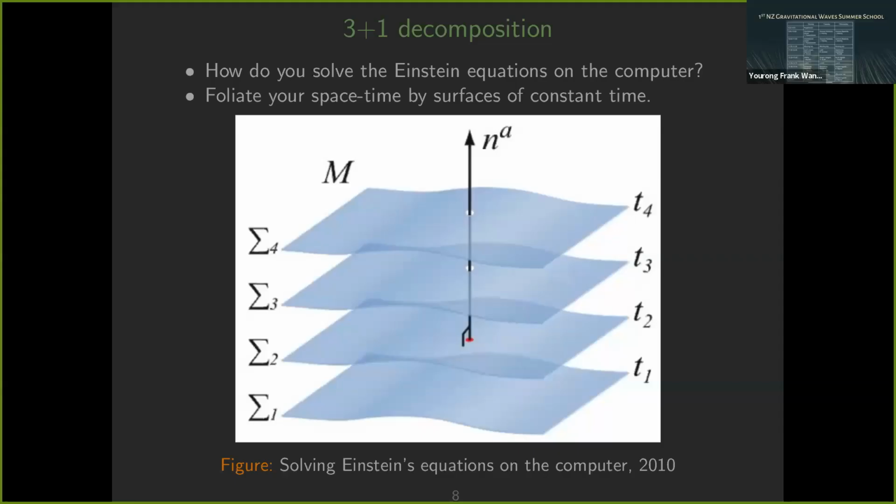Slices that will be your domain for your computation. So you have an initial slice, a space-like slice of constant time. You put your data on there. It solves what's called the constraint equation, so it's a solution of the Einstein equations induced on that surface. And then evolution equations are the other part of the Einstein equations that tell you how this data propagates